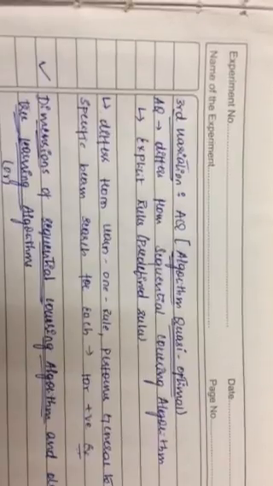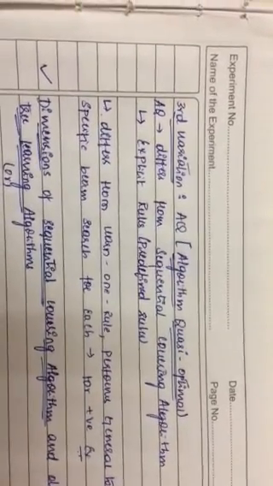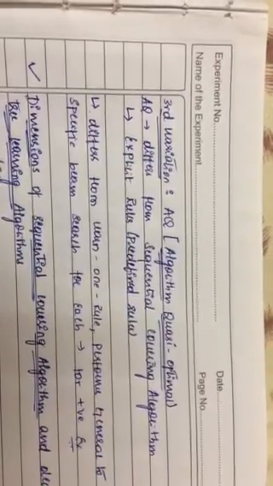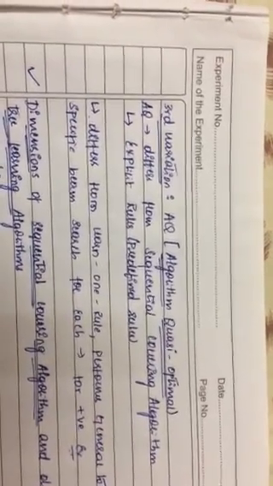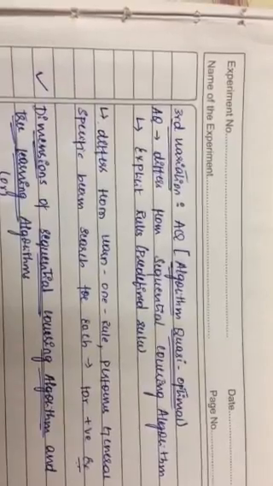So if I compare my algorithm quasi-optimal with the sequential covering algorithm, it explicitly seeks the rules that cover a particular target value, meaning it is going to have predefined rules which it is going to fetch explicitly. The AQ algorithm differs from the learn-one algorithm in that it performs a general to specific beam search. It is going to conduct a general to specific beam search for each rule. It uses a single positive example to focus this search.